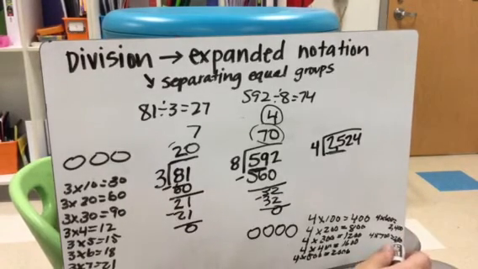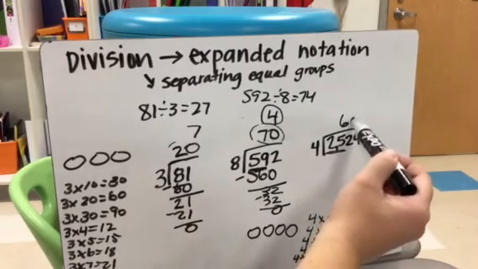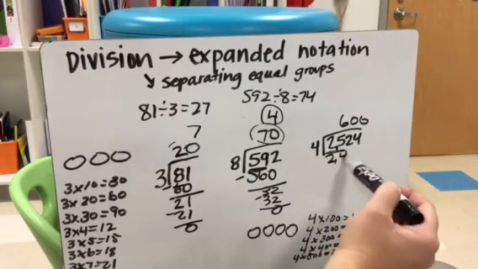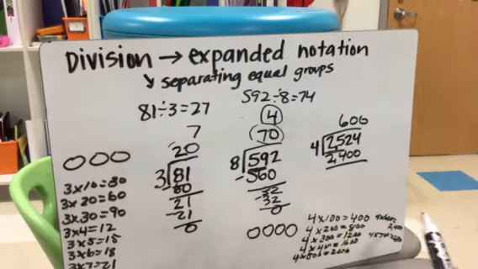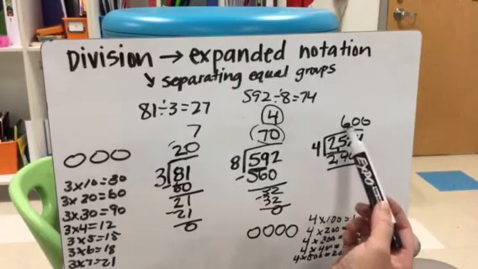I don't have 2,800, but I do have 2,400. So if the 4 people take 600, that's 2,400. 4 groups of 600 is 2,400. Now, if you were doing the standard, you would say 4 goes into 25 6 times, but 6